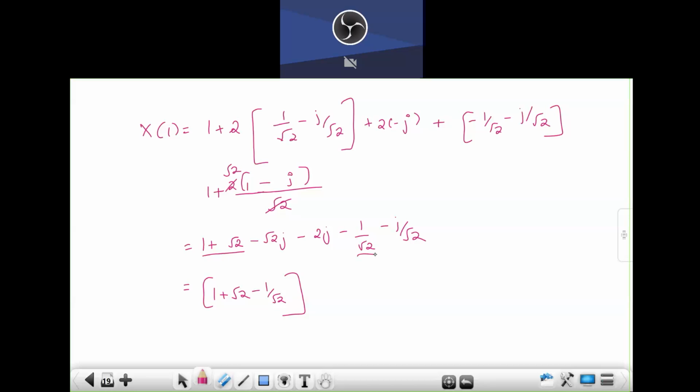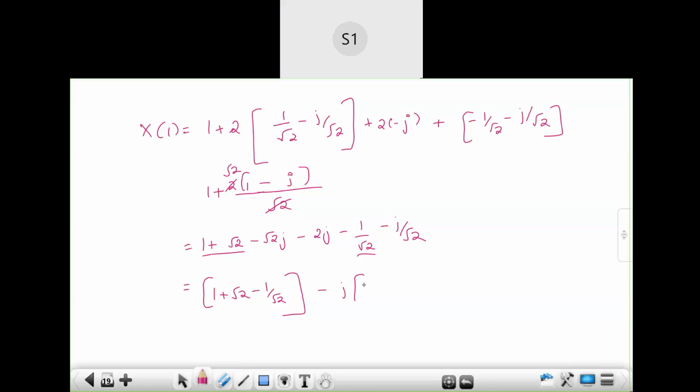Ma'am, what doubt I had is, now we have minus j by root 2, no ma'am. Can I divide 1 by root 2? What fraction, what decimal number do I get into j, ma'am?